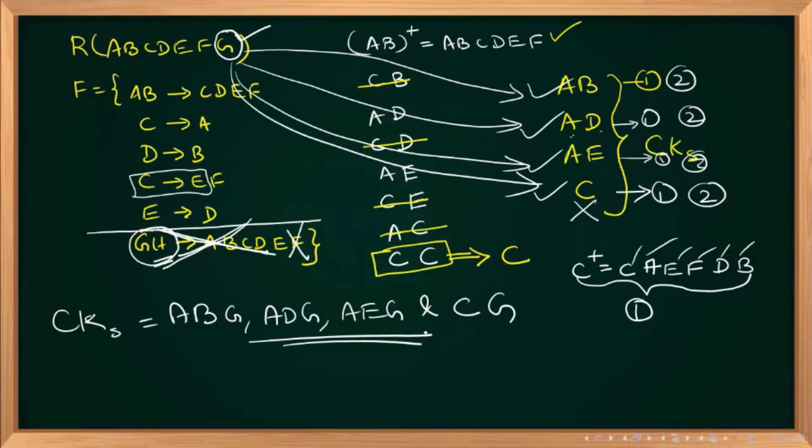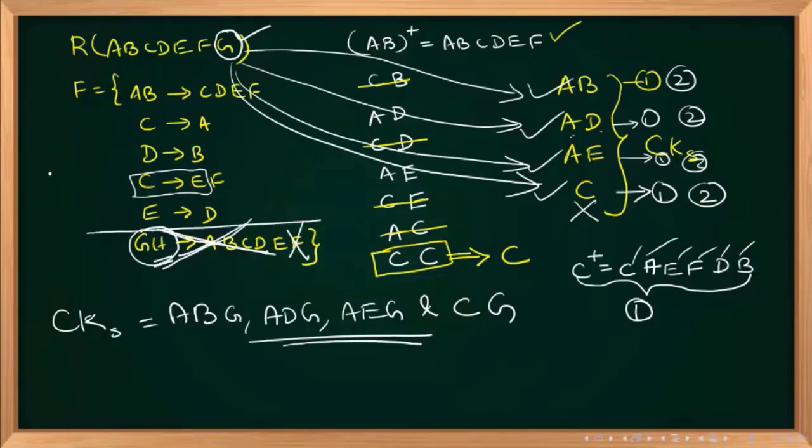Are you getting it correctly? Can I see some yes in your chat box? Otherwise, you type no. You don't have to type no. You can watch it again. If you have any severe doubt, you can unmute your mic and ask me. Fundamental confusions are coming in, so you can ask me. Sir, that functional dependency GH has been removed, so can you explain that one? Why have I removed it? How is it being removed?